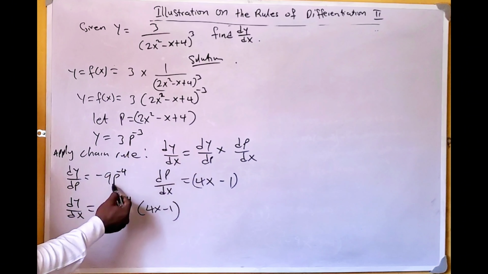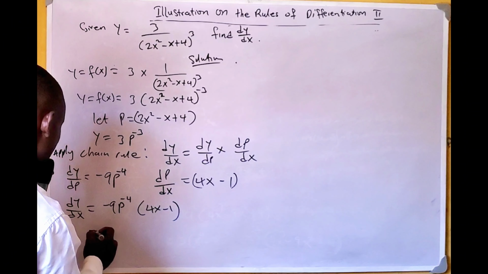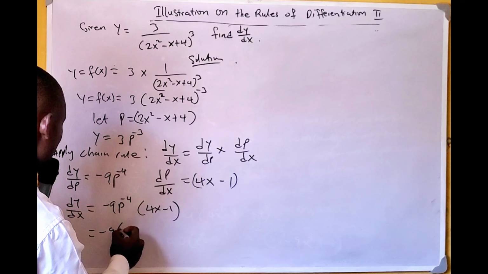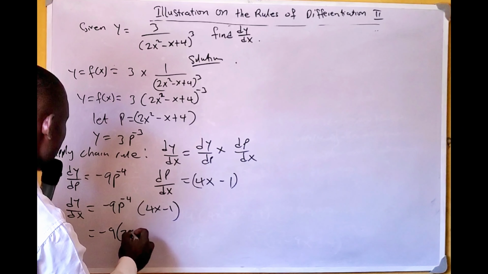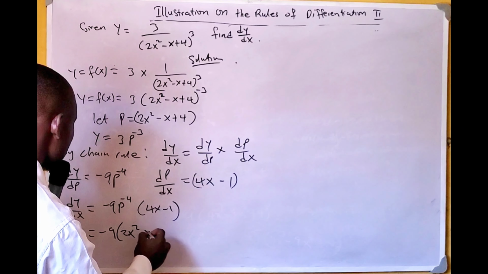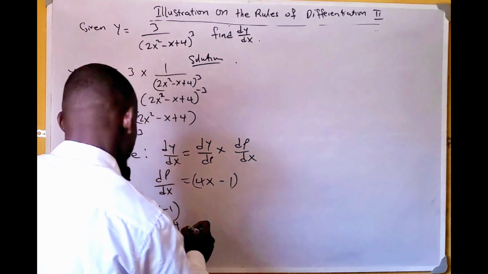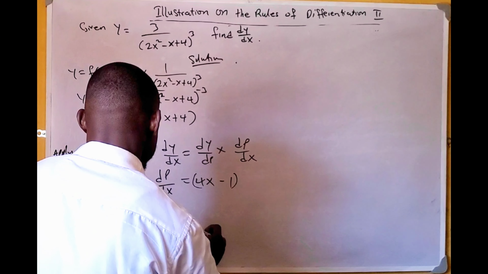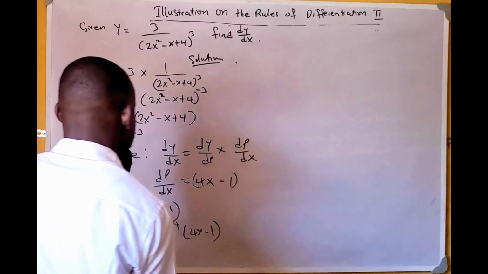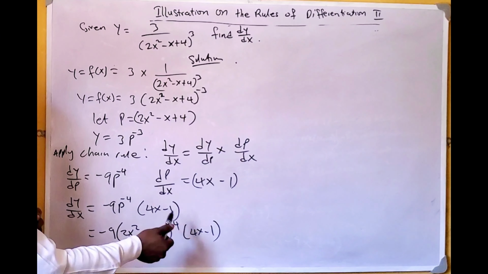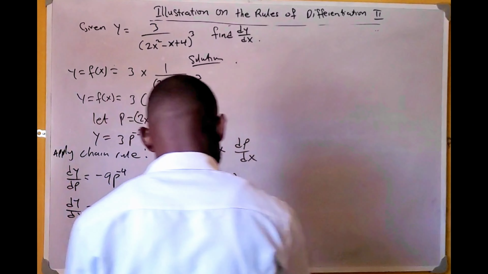So we substitute the value of our p here. So we have dy/dx equals minus 9 into bracket 2x squared minus x plus 4, all raised to the power of minus 4, multiplied by 4x minus 1. Now the same law of indices we apply here, we are going to reverse it here, in the sense that this will now be equal to